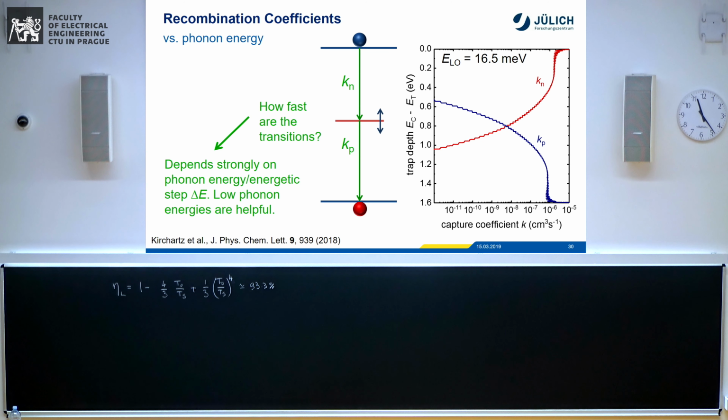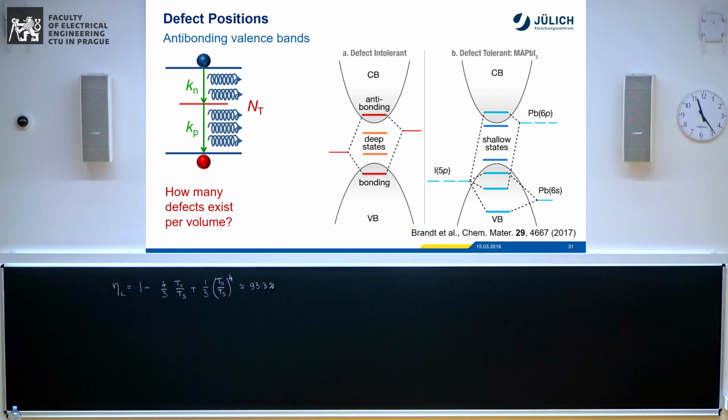Okay. And this is one part of the story, why the perovskites seem to be relatively defect tolerant, that the Ks are quite small for mid-gap defects and also small for defects that are not mid-gap. And the second question was then,